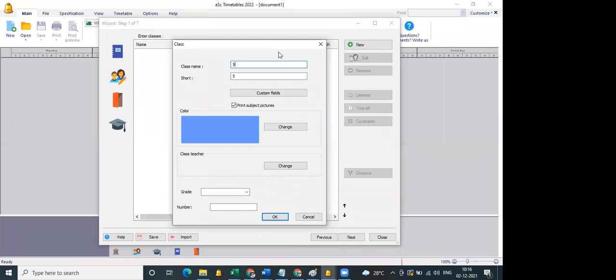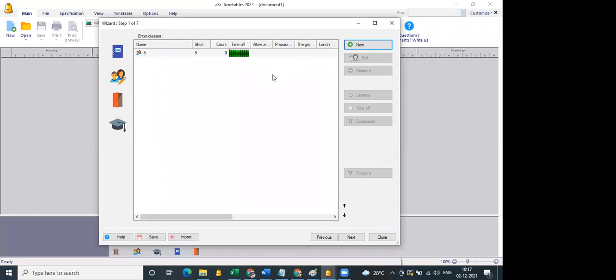So this manual creation and updation will help you once you have uploaded your data, and say for example a teacher joins the school or leaves the school, for minimal editing. For that this manual working is needed. So you cannot again take the dump from the Excel and put it to ASC and generate. So that is why we are taking you through this manual process.